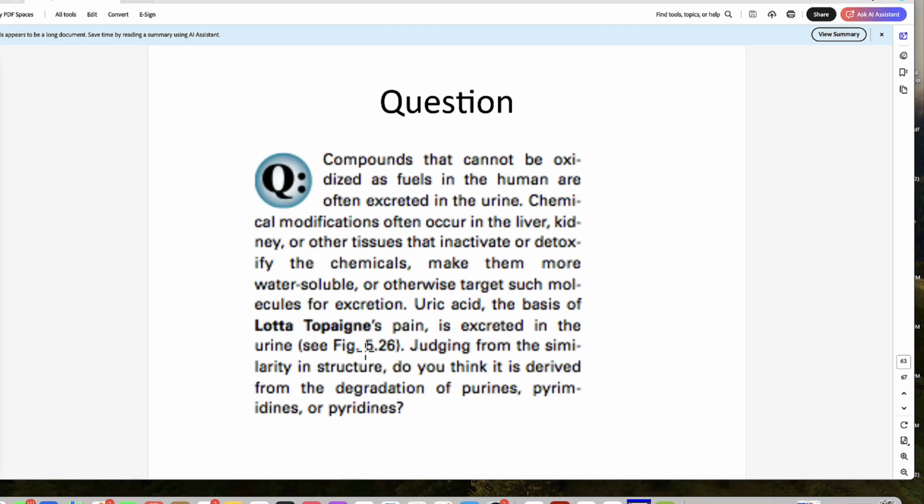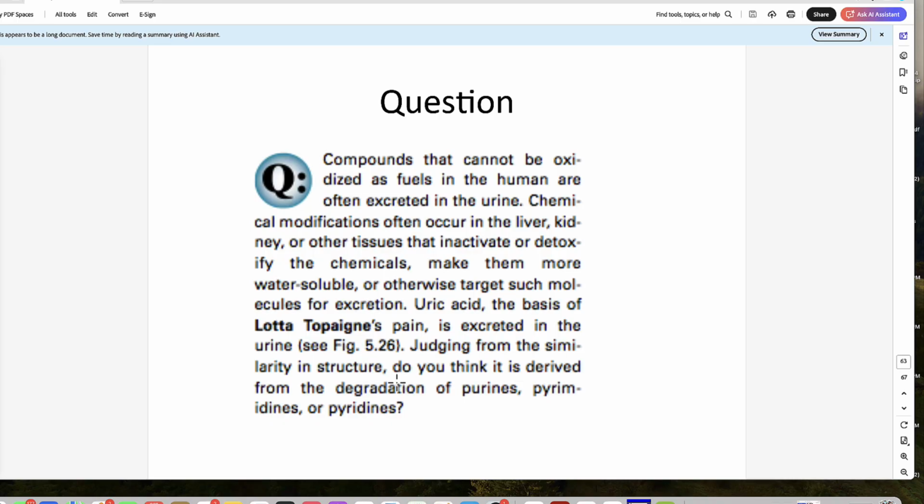All right, so here's another point in the lecture where we're almost done. You can pause to read this question. If you're back after pausing, this question is asking you about our first patient when we opened up with lidocaine. And it says, judging from the similarity in structure, do you think it's derived from degradation of purines,